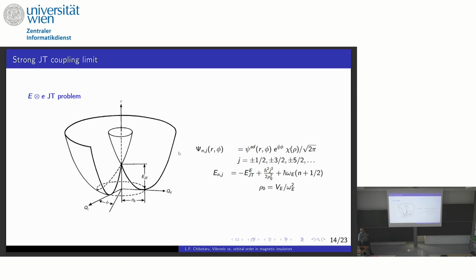So this wave function cannot be factorized into a pure electronic part and a pure nuclear part. It essentially depends on the nuclear coordinate. If you go along the trough, this adiabatic function, this electronic function, transforms from ψθ, then ψε, minus ψθ, minus ψε. So making a rotation, it passes equally through the two components of the orbital doublet with equal weight. So on average, they are equally populated. There is no, say, orbital ordering.